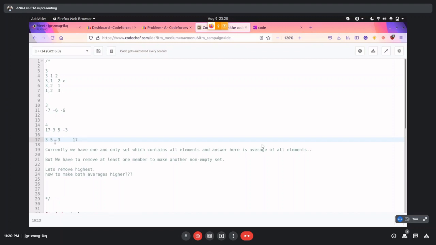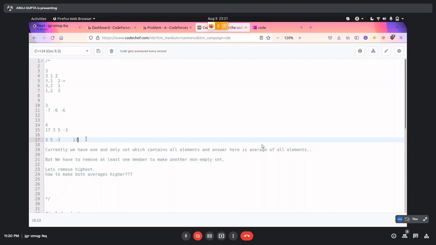But here we see that if we remove some element from this set, then the average of this set decreases if we remove the largest of this set. And if we remove the largest from this set and add it to the second set, then the average of this set is also decreased. So we don't get any benefit from removing the largest element from this set.